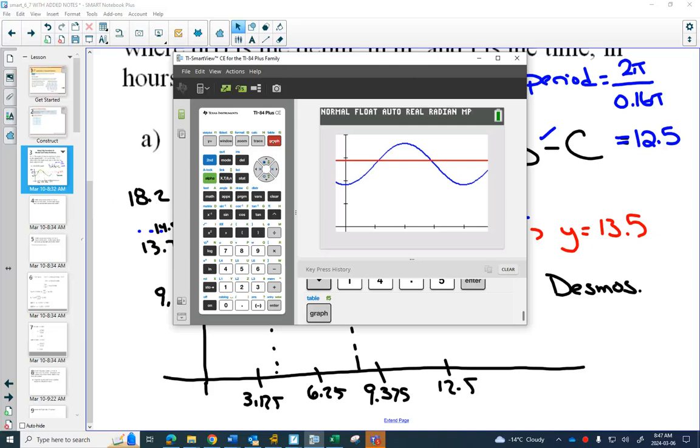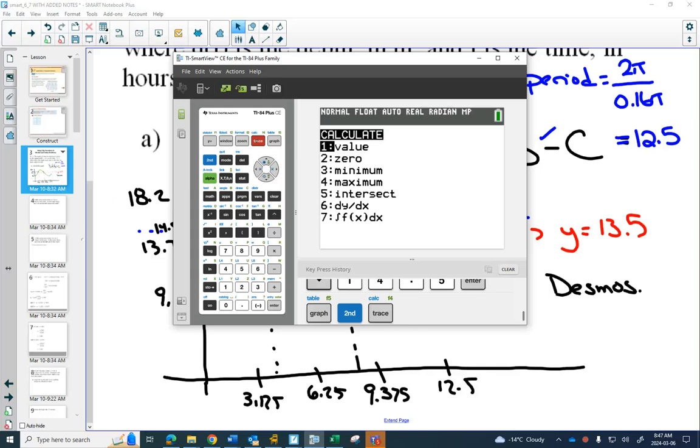On a graphing calculator, almost everything you want to solve on a graph is done above the trace button where it says calculate. So when I push the second button and the trace button, it gets me to the menu of things I can calculate. I can calculate any value I want. I can calculate x-intercept with zeros, where a graph is at a minimum, where a graph is at a maximum, and what I want to find out is where two graphs intersect. So I go down to number 5, or push number 5, push enter,